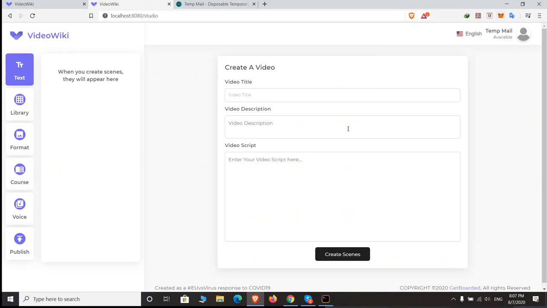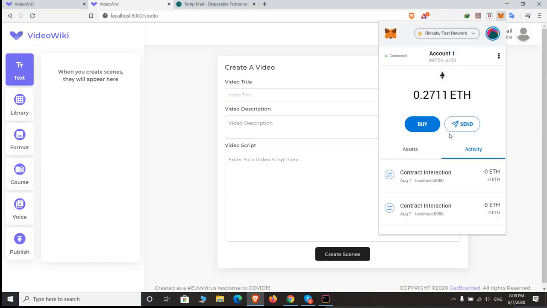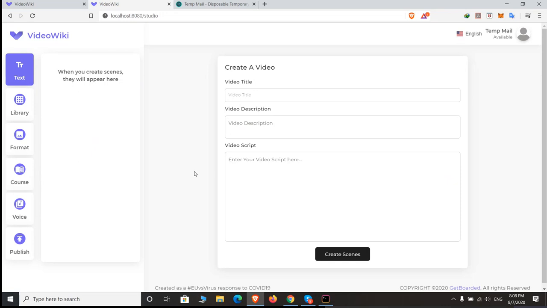After you have initialized your repository, because you have paid some amount of gas, you can call the create video function on the contract. That function is called after clicking the create new video button.